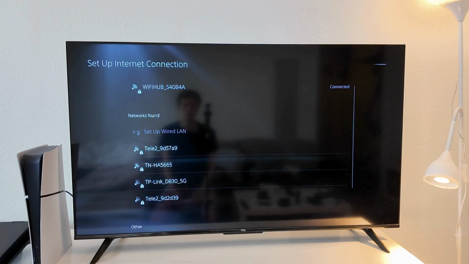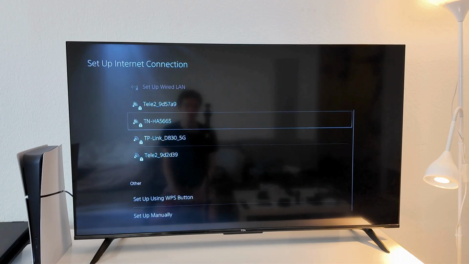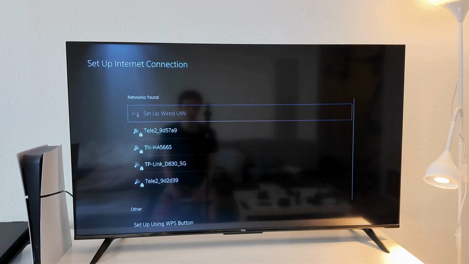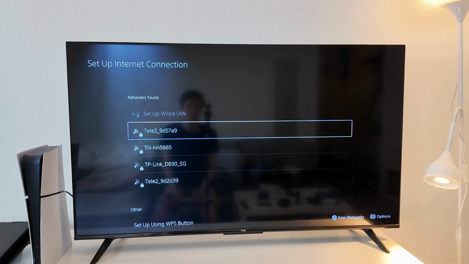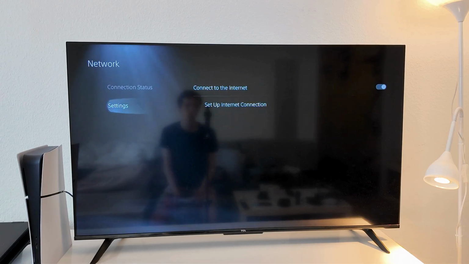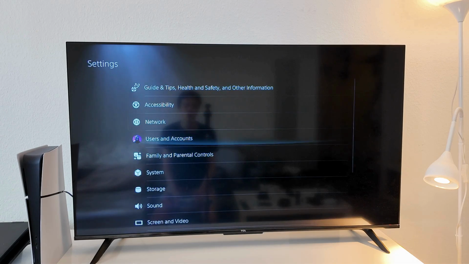Make sure that on networks found here to connect to your Xfinity Wi-Fi here. So if you can see it, perfect, just click on it. Then after you have clicked on it, sometimes you will get a login page right away. If you don't, worry. So if you don't get a login page, what we need to do is to come